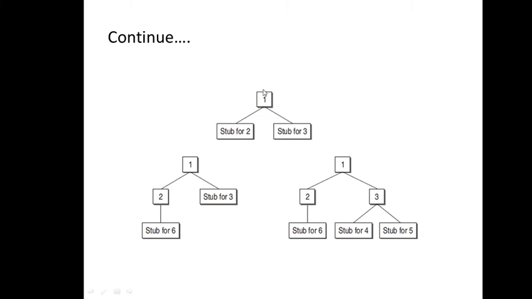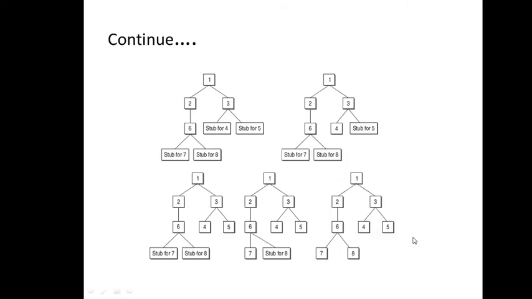Since you integrated and tested this one, you replace this stub with the original module. Now you add stub for 6, which was below this one. Right? Then next step is this. In order to perform the testing of these two, we require the stub 6. So we took this one. Another one is 3. Now we have to integrate these two, so we require the stub for the below modules. So we took the stub for 4 and 5 module.